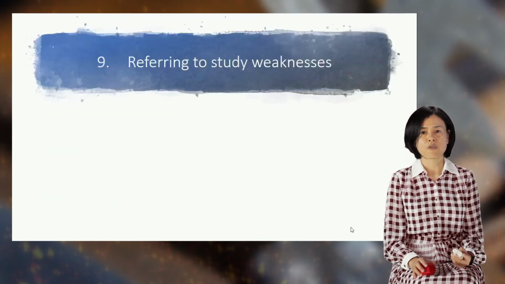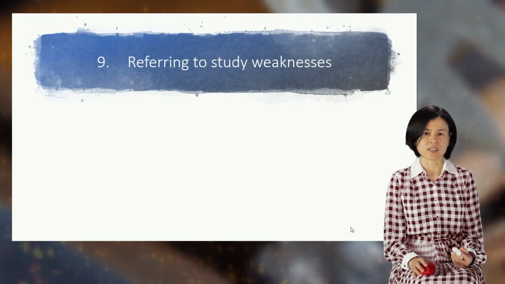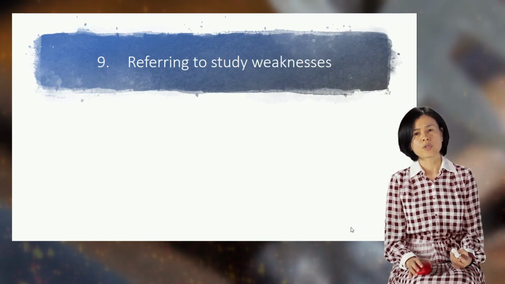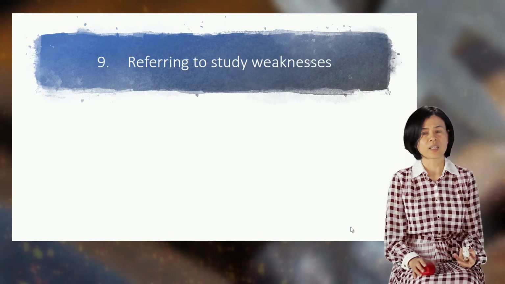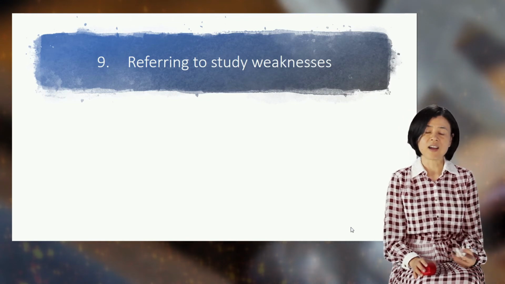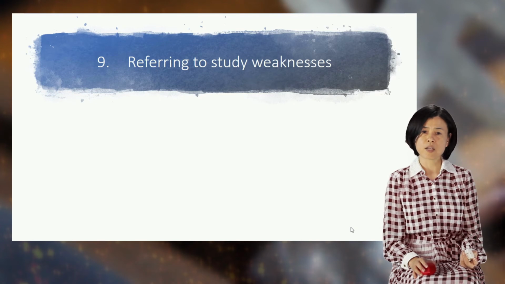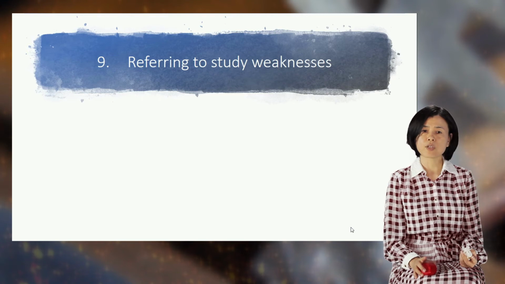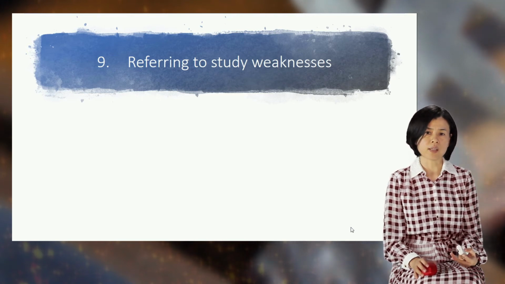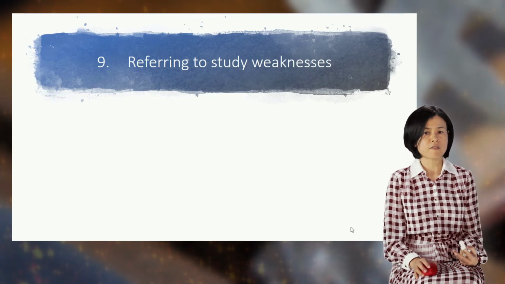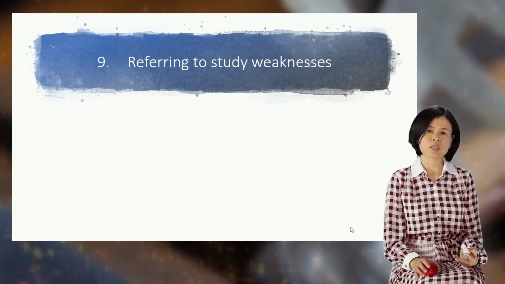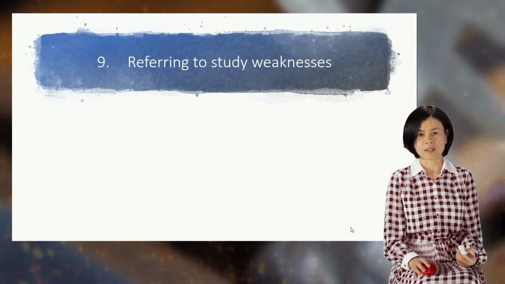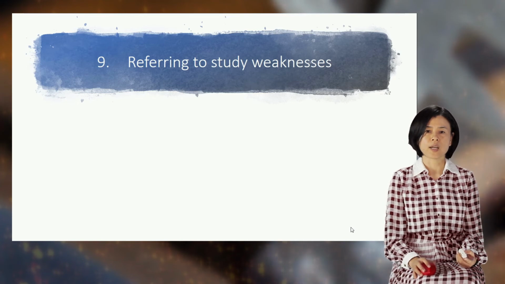9. Referring to study weakness. Usually, we do not like to show our weakness. However, nothing is perfect. Especially, research is always based on some weak points, and we try to build some progress on the previous results. Therefore, it's very common to show some weakness. But how do we mention the weak points with respect? One easy way is,